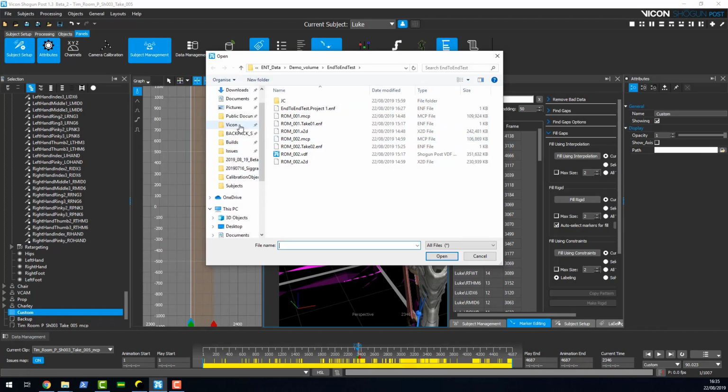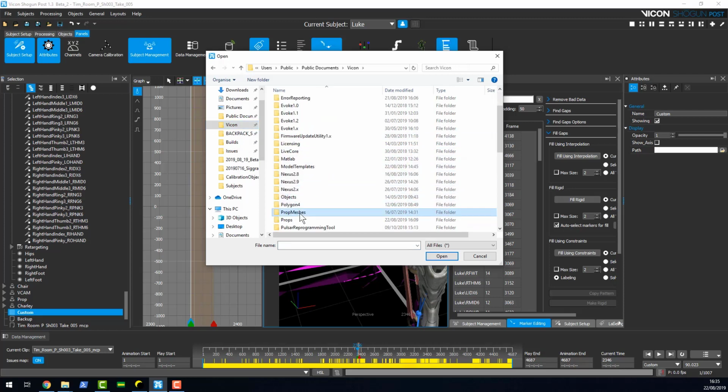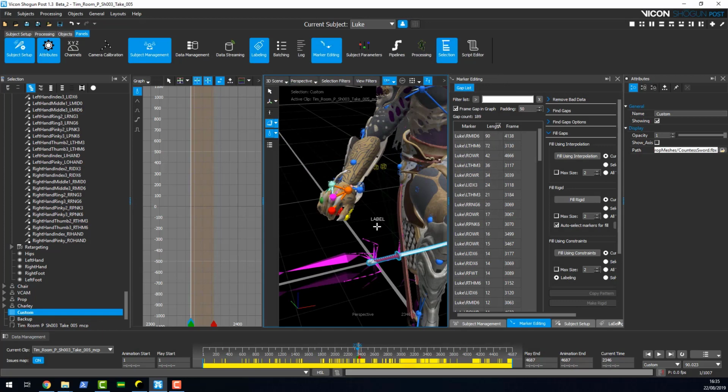So for example, I'm just going to take one of our standard prop meshes. In this example, let's take the, what do we want? A sword, let's say. Now we have a sword. This doesn't have any, it's not a subject, but it is an object that you can move around and position in your space. So one example of this might be, again, you want to plan out your volume, or you say,